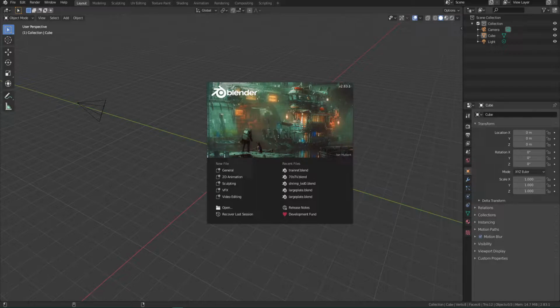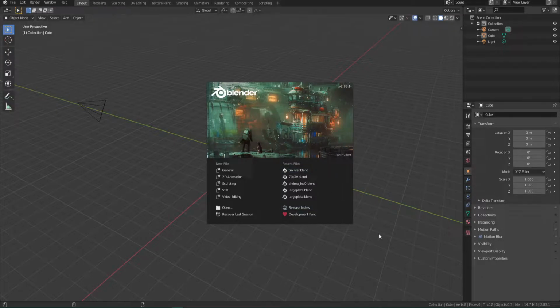So, I am currently working on Blender 2.83 for very specific reasons that are all Sims related. But basically from Blender 2.8 on, they changed the way Blender works to be a lot more user friendly. So anything before 2.8 is similar, but it's got a completely different way it navigates. So when you open up Blender, you'll get something like this screen where it'll ask you if you want